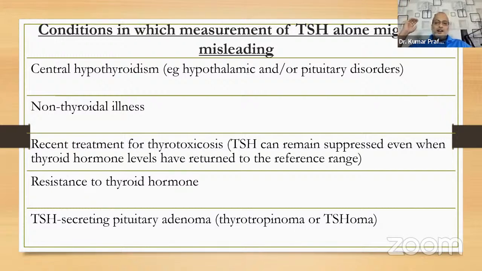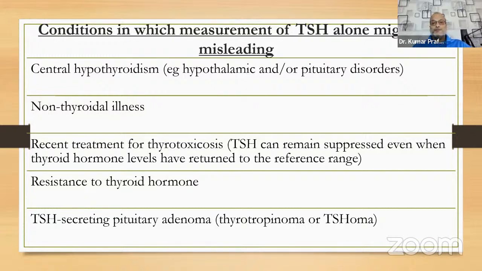So anything that is happening that leads to abnormality in secretion of TSH, either increased TSH or decreased TSH, which is not under the dynamic feedback mechanism of T3 and T4, in those cases, measurement of TSH alone will be misleading. Examples: central hypothyroidism, non-thyroidal illness, resistance to thyroid hormone, TSH secreting pituitary adenomas, and another condition is recent treatment of